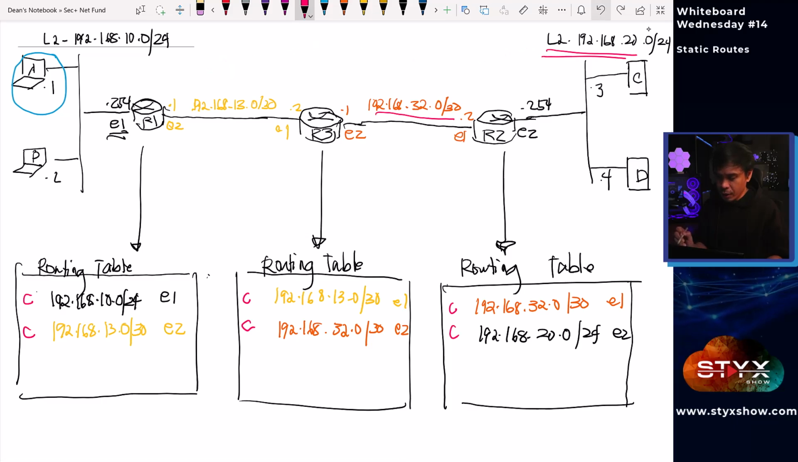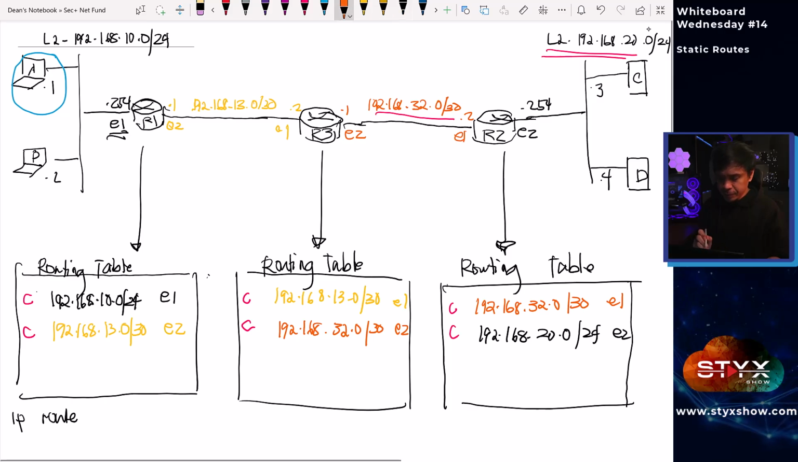And here's what I'm gonna do. I'm gonna add a static route. A static route can be added using route add if you're using a Linux-based console or a Unix-based CLI. But for Cisco, we're gonna use the ip route command. Okay, so ip route is the command syntax, and I'm gonna specify this network